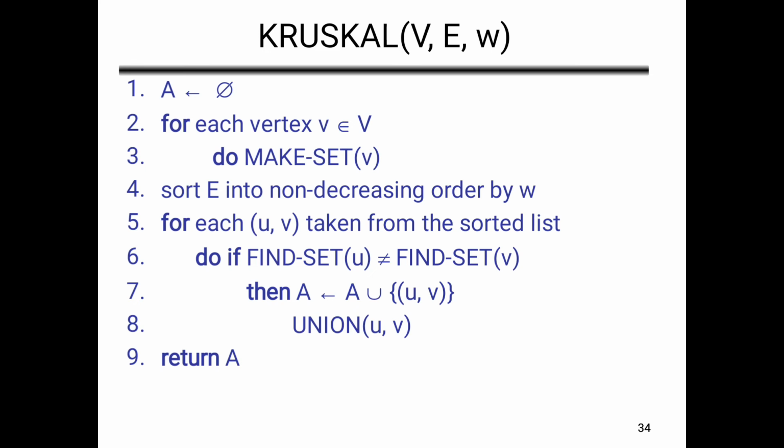And this is Kruskal's algorithm. Kruskal's(V, E, W), and A is empty; for each vertex v, make a set. From the entire set of vertices, we are selecting only one vertex, the one having the minimum cost. That is why I am indicating small v and capital V here: small v belongs to capital V, and make a set choose minimum cost.